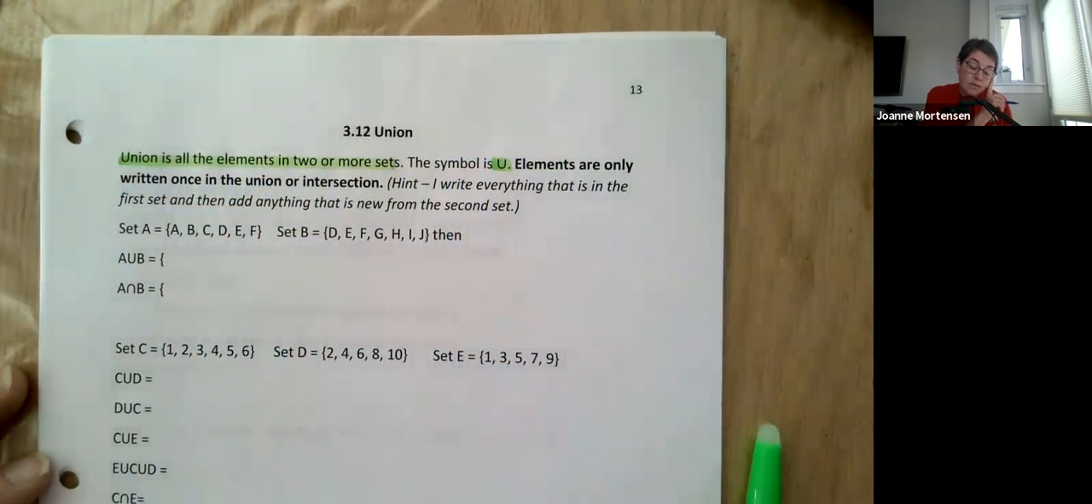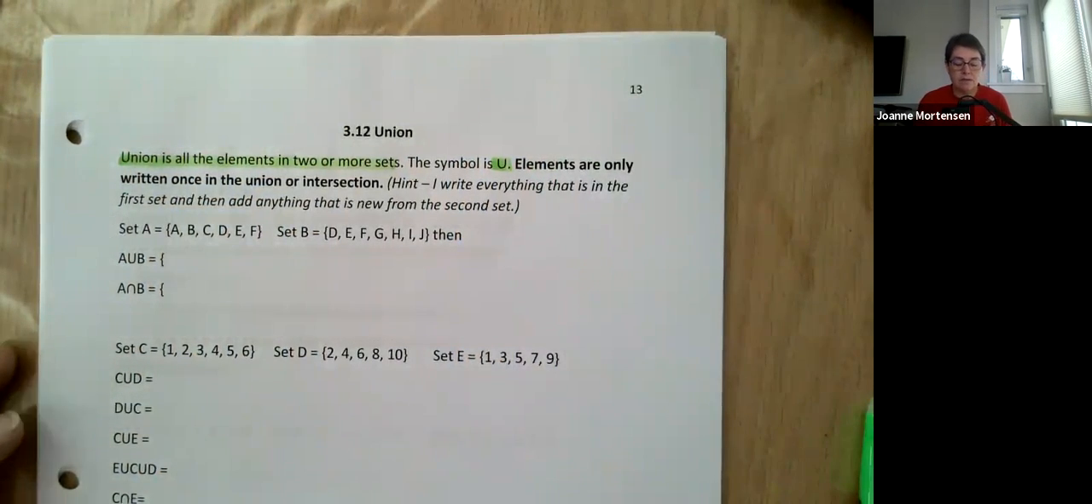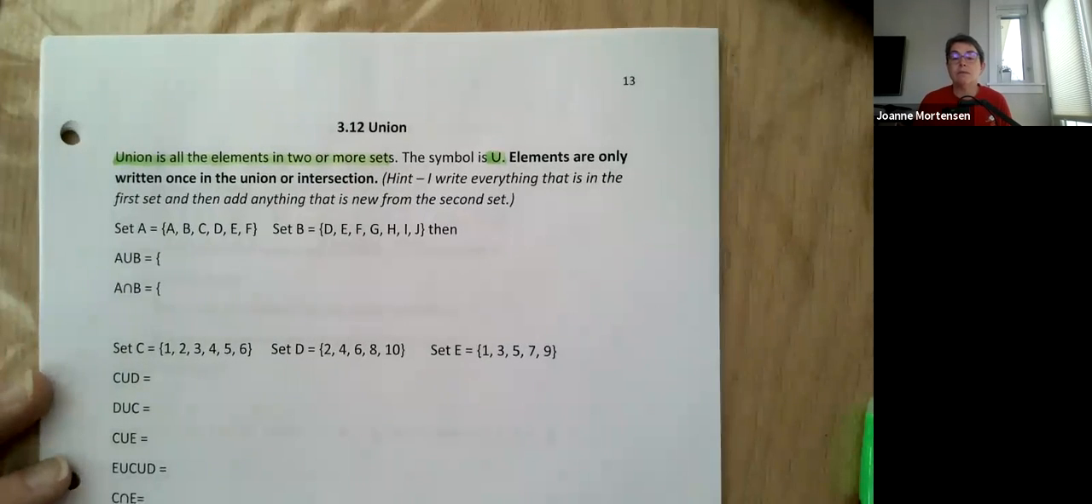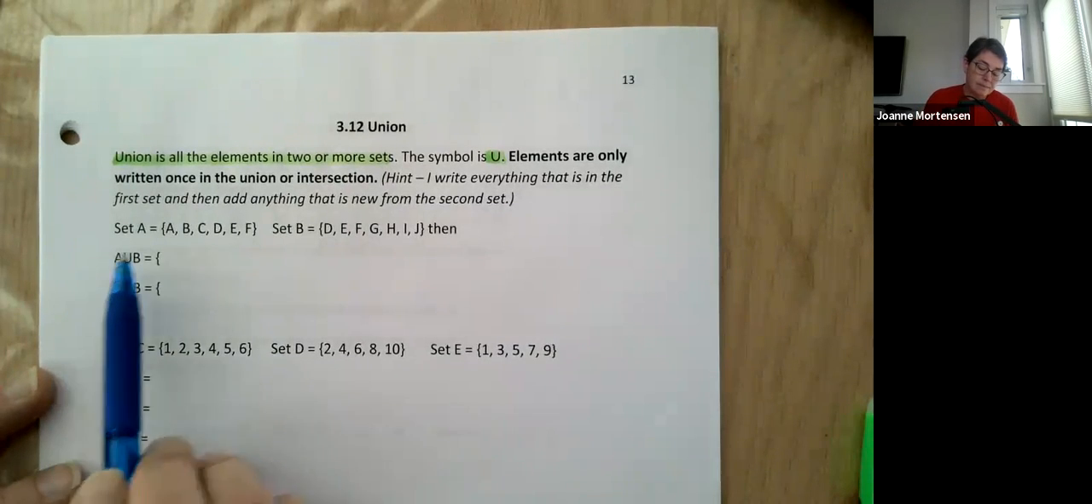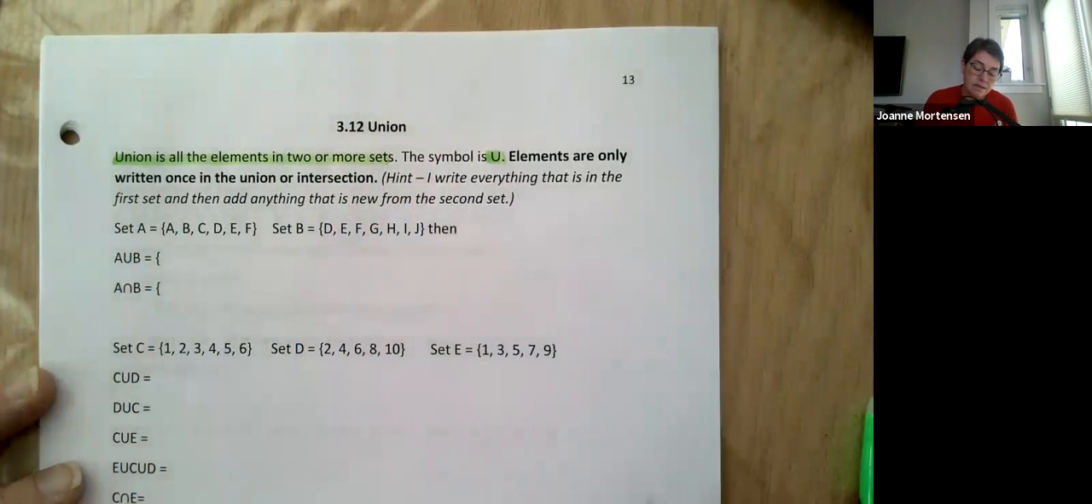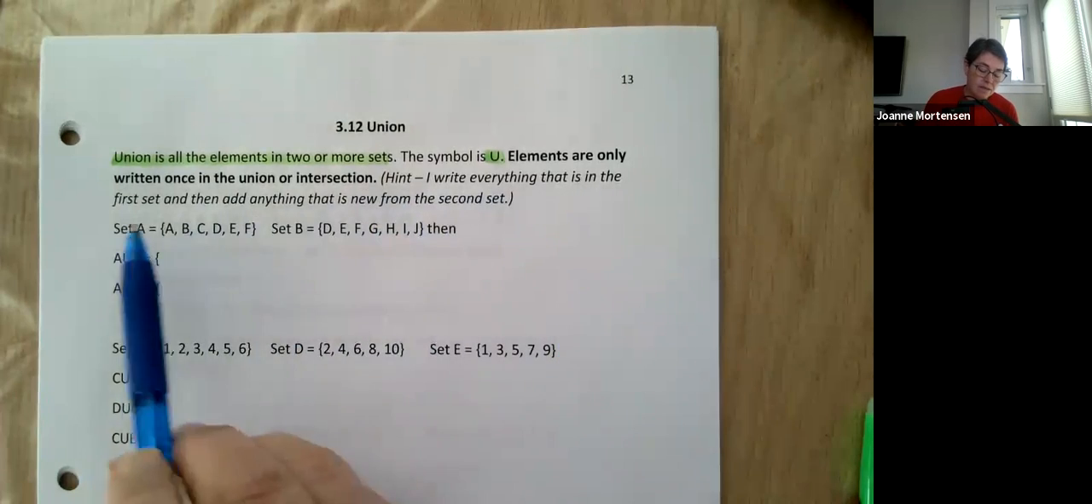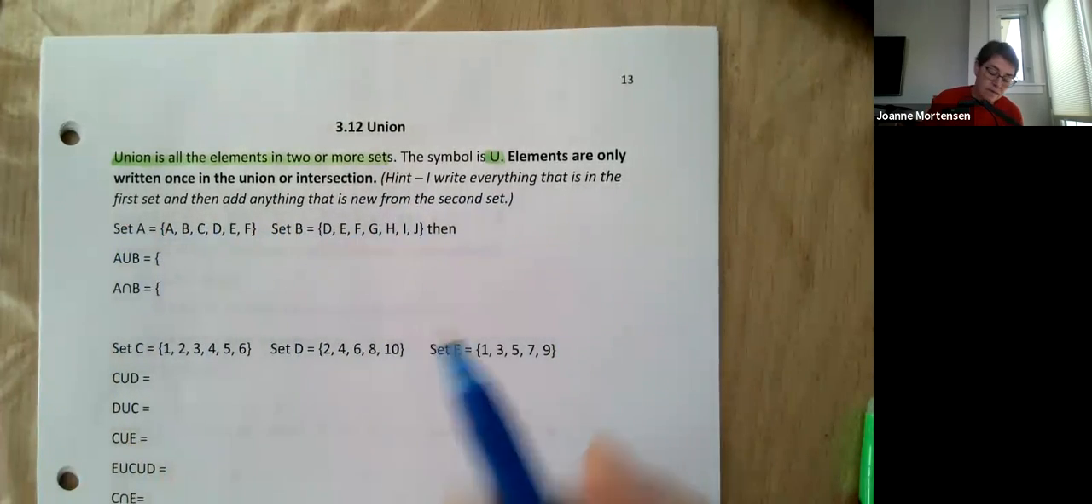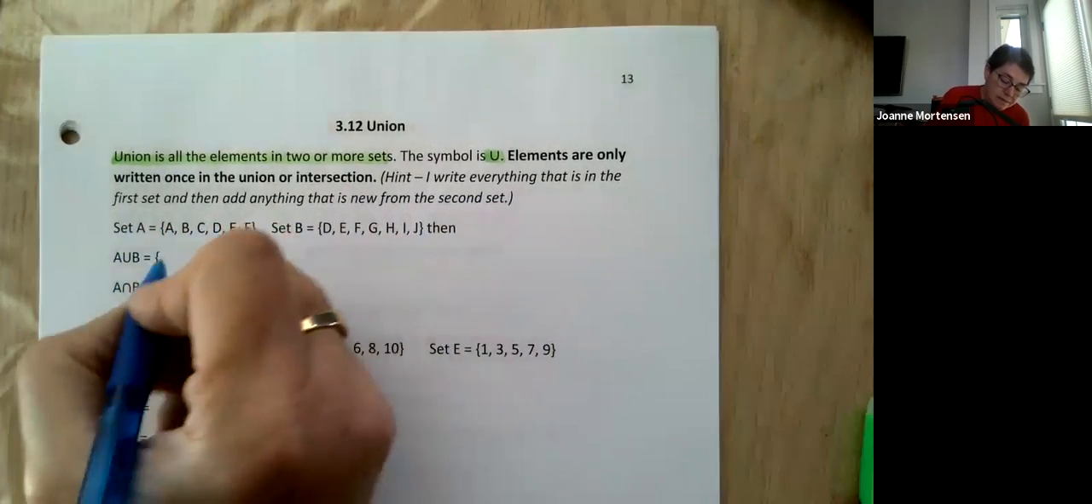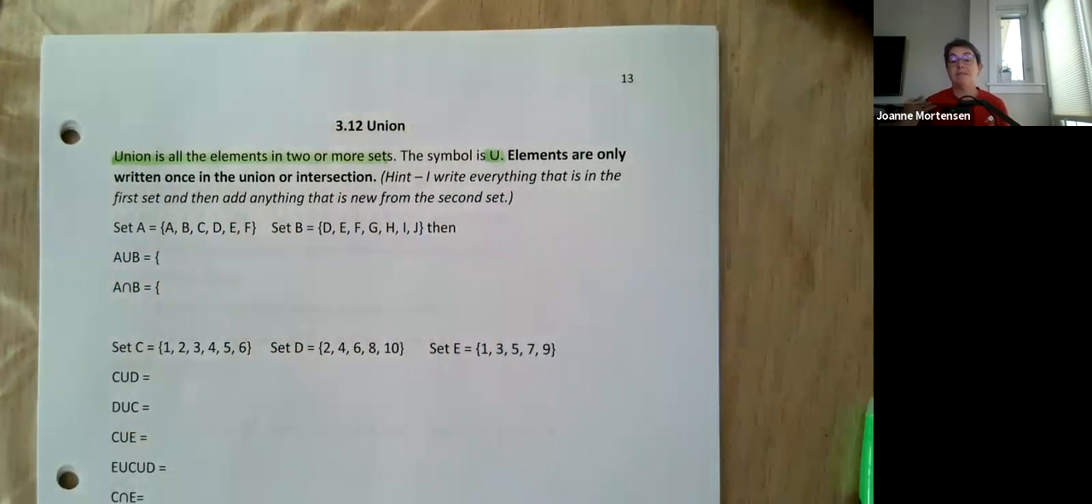Elements are only written once in either the union or intersection. So just like before, we don't have duplicates. And it says, to make life simple, I write everything in the first set and then add anything that's in the second. So if I'm doing A union B,